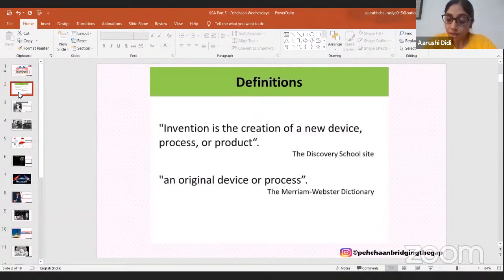So, invent is to create or design something that has not existed before. For example, a light bulb or a telephone. These things have been invented. It is something that has not existed before. Now, this is different to the word we had learned before, which is exploration. Do you remember? Last time I had taught you what is exploration. It's completely different. Can one of you tell me how it is different? What is the difference between exploration and invention? One of you? Try, give it a try. So, yes, Muskan, go ahead.